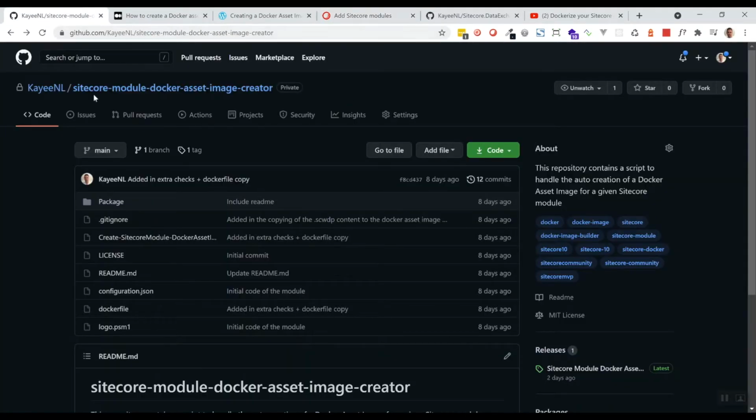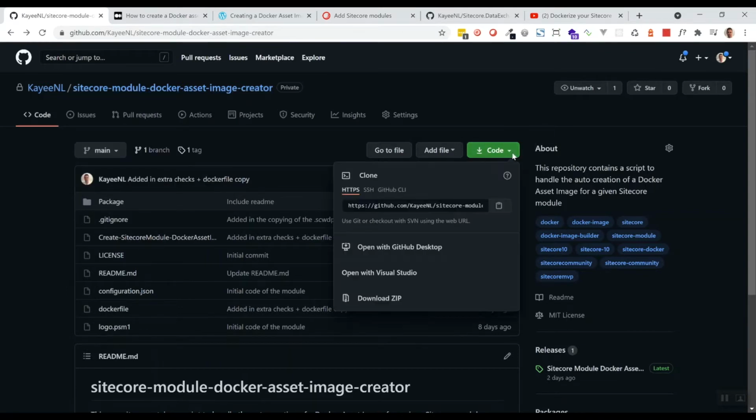So here on GitHub, you can find it: Sitecore module Docker asset image creator. I'm going to clone this repo, and then I'm going to show you how to actually run it. Before we actually run this and clone this,